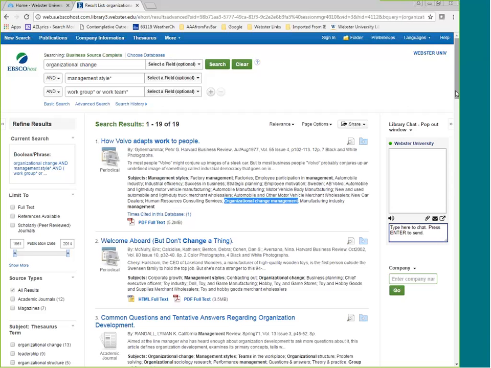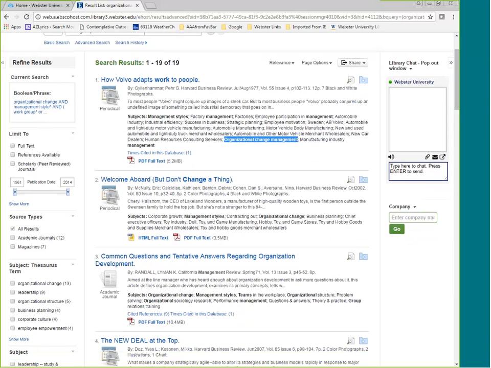And then if we keep on popping down here, you'll see that what they use as a subject term is not work teams, but teams in the workplace. Okay. We can also see group relations training. So there's that work group, perhaps. So we're not going to use all of these, but what is helpful is to start thinking about the way the database, what terms and phrases they use for the words that we're looking for.